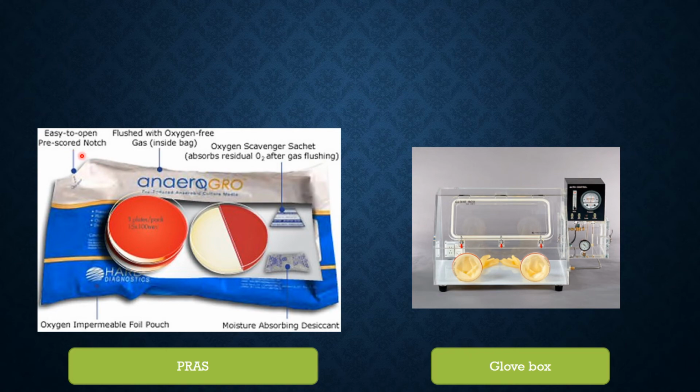It has some properties like an easy to open pouch, pre-scored notch, flushed with oxygen free gas inside the bag, an oxygen scavenger sachet that absorbs residual oxygen after gas flushing, an oxygen impermeable foil pouch so that oxygen cannot enter inside the pouch, and a moisture absorbing desiccant, mostly silica beads, which will absorb the moisture.